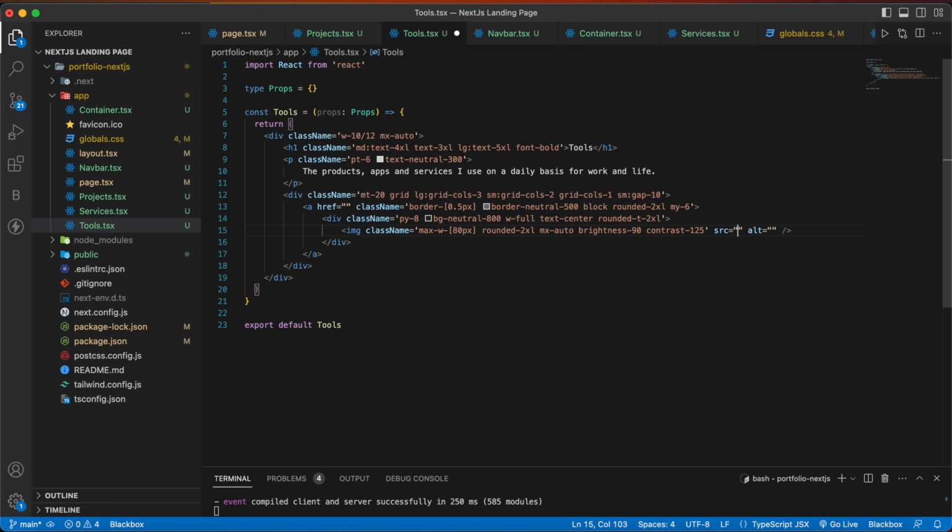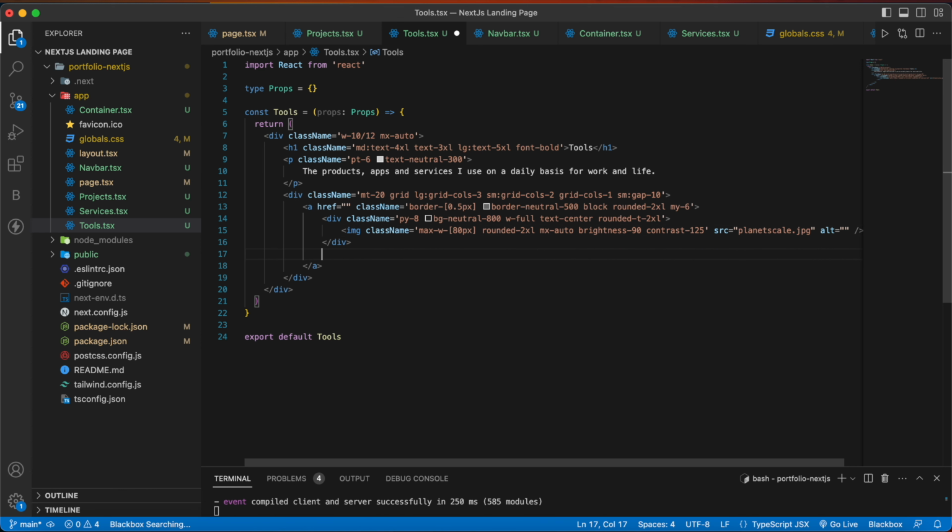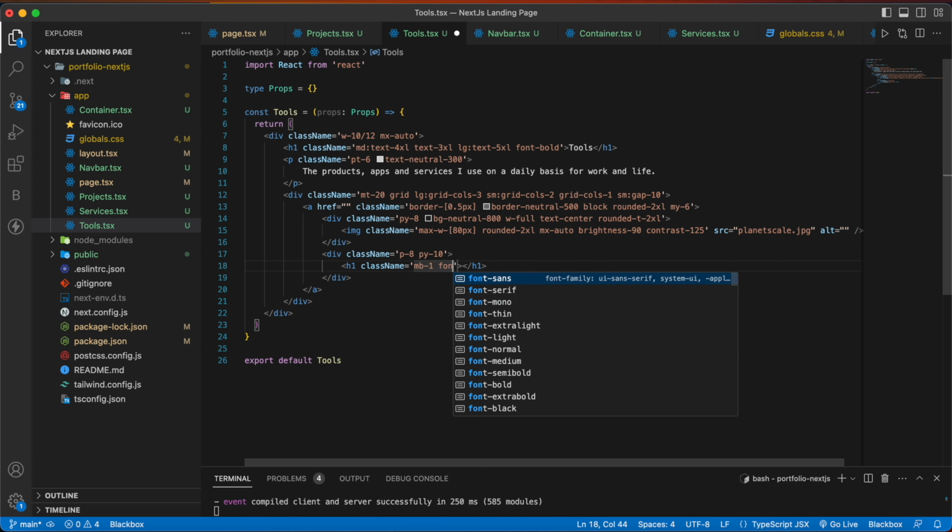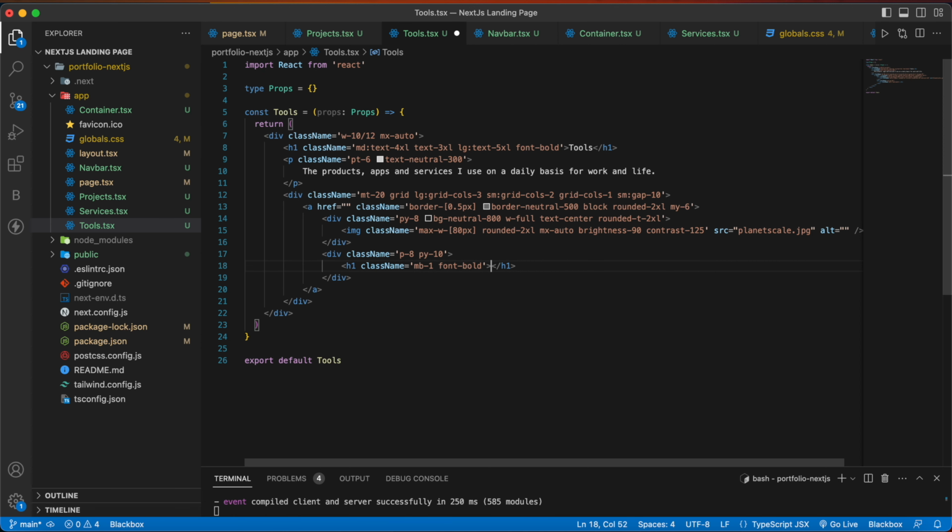Now inside the src we are going to get planetscale.jpg, and then below this div we are going to have one more div with a class name of p-8 and py-10. Inside this we are going to have an h1 tag with a class name mb-1 and font-bold, and write planet scale.